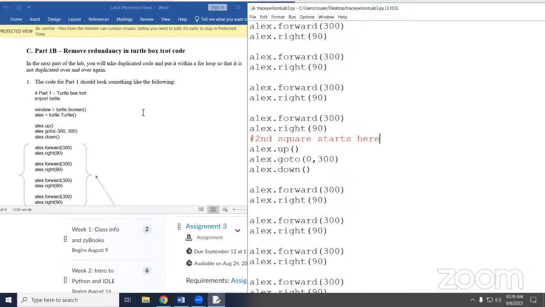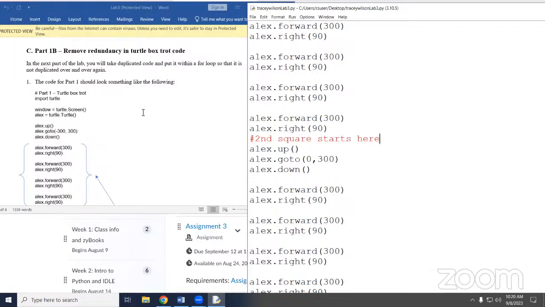So now we're to part C. This is where we're going to talk about that refactoring. I told you on Wednesday that we would talk about refactoring a little bit. We just wrote a whole lot of code that looks a lot like this. How can we make it shorter and less lines of code? Because that's basically what refactoring is. How do we make less lines of code do the same thing?